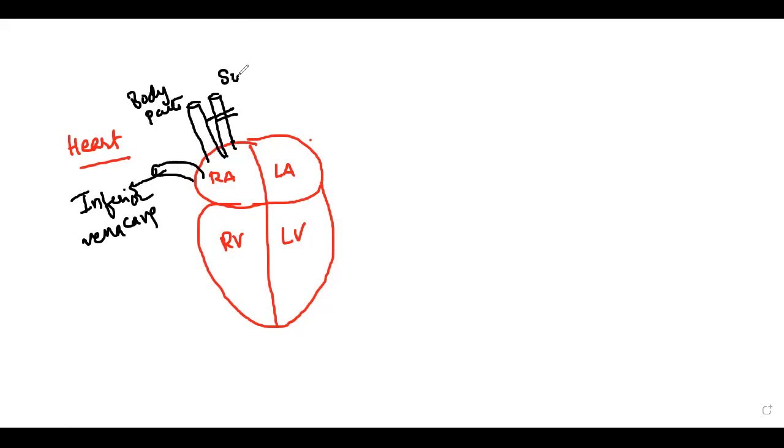So, these two precaval veins are superior vena cava. So, what is the complete statement? The two precaval veins and one postcaval vein, superior vena cava and inferior vena cava, are going to collect the blood from body parts, that means right atria. If we say the topic in right atria angle, right atria is collecting blood from,